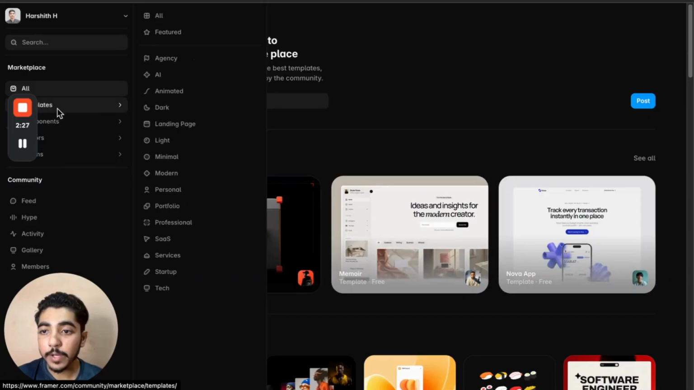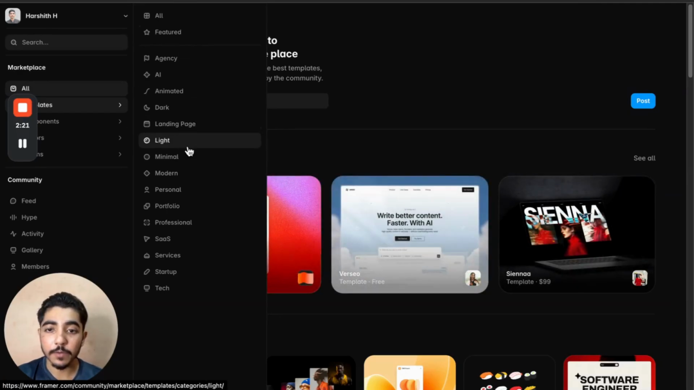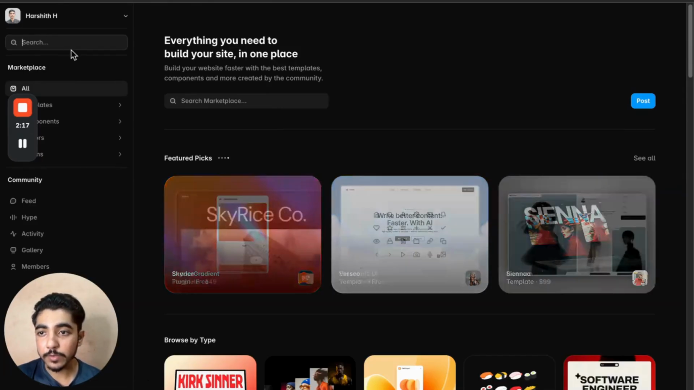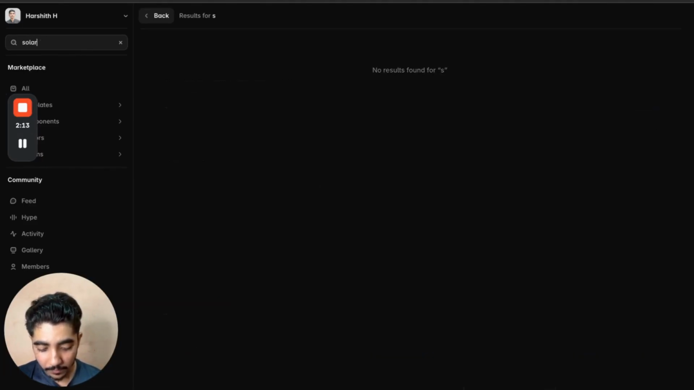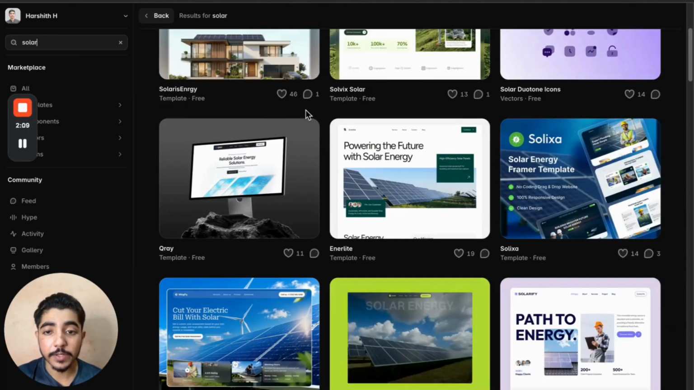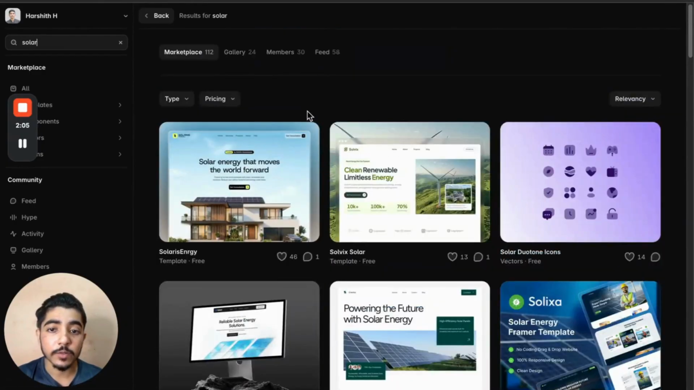On the Framer Marketplace, you will have a bunch of templates available, whether free or paid. I'm just gonna type in solar, for instance. There are a bunch of websites and landing pages for solar. I just built a solar website template recently, so I'm just gonna